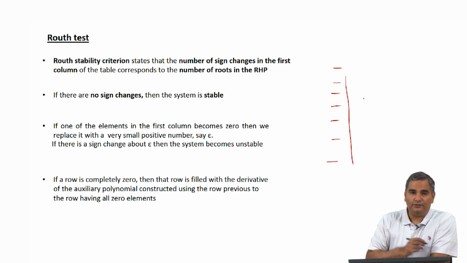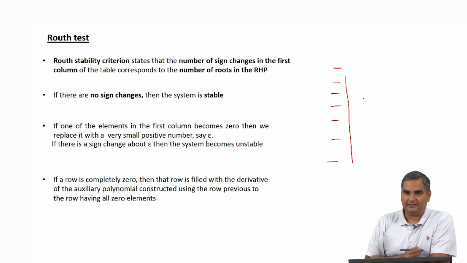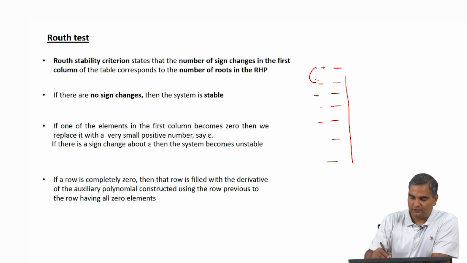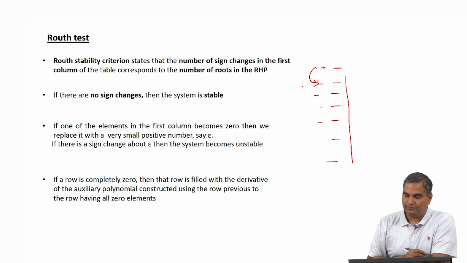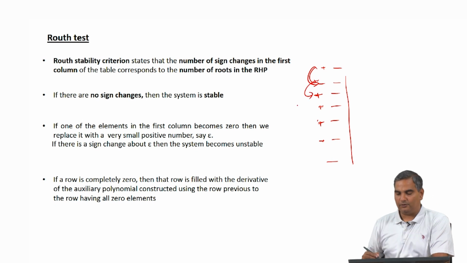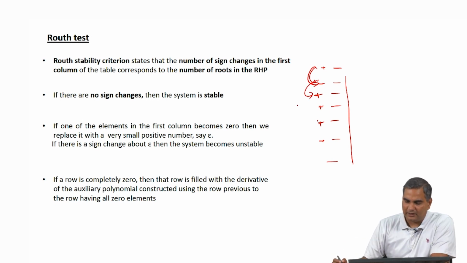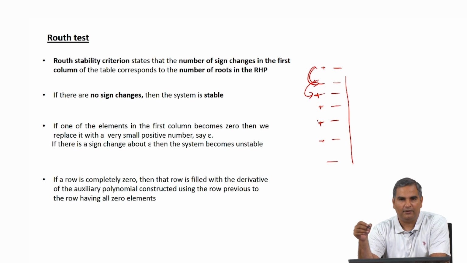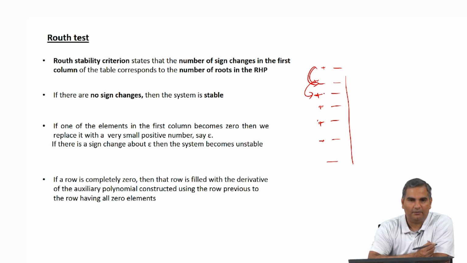Now, the number of roots in the RHP can be shown to be equal to the number of sign changes in this polynomial. So, for example, the first one is a positive number, the second one is a negative number, and everything else then remains negative. There is only one sign change, so there is only one root in the RHP. Now, let us say the first number is positive, the second number is negative, the third number becomes positive and everything else stays positive. Then there is one sign change, positive to negative, and another sign change from negative to positive. So, there are two roots in the RHP and so on. As long as you do not get any zeros in the first column, the rule is very simple: the number of roots in the RHP equals the number of sign changes.